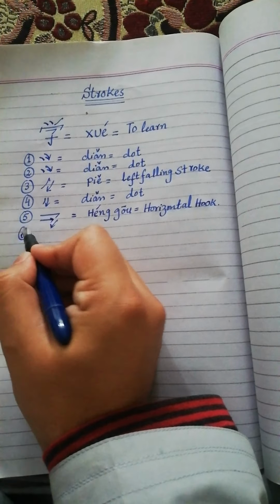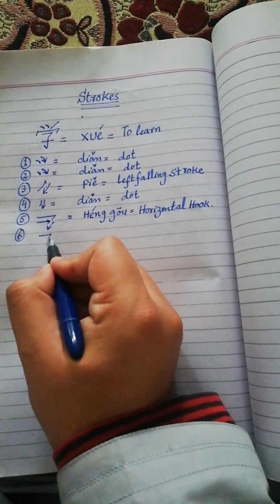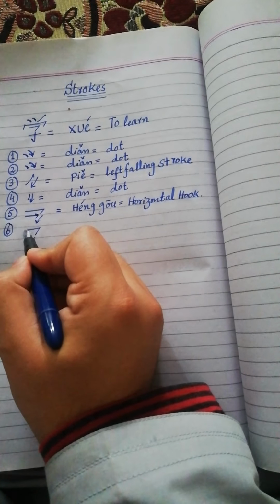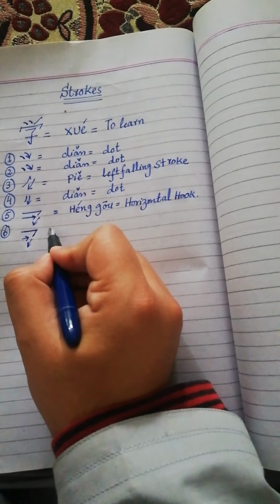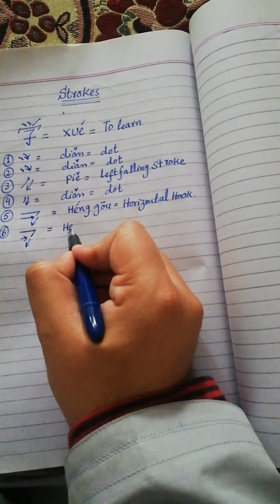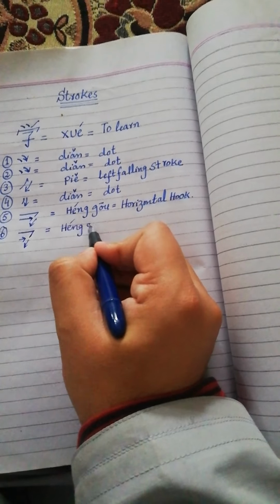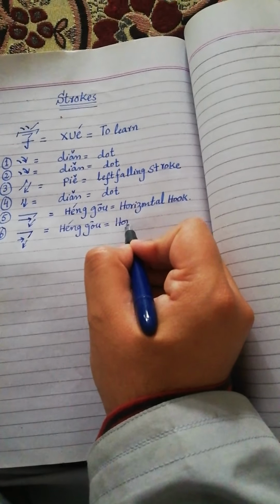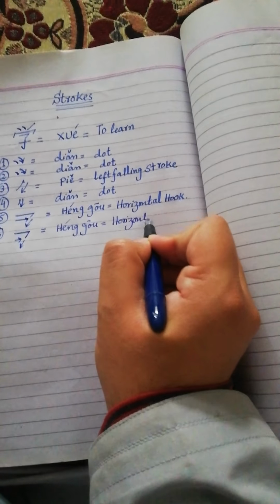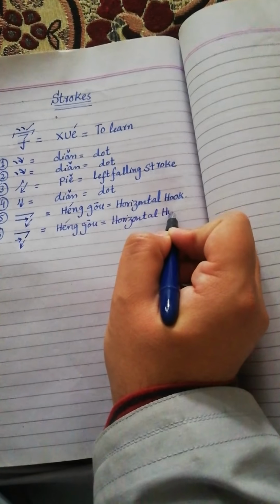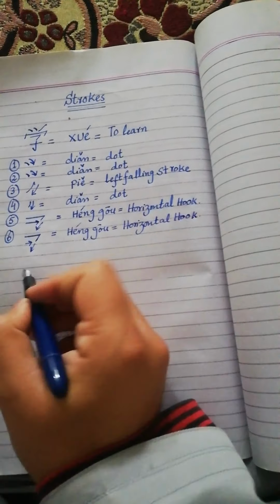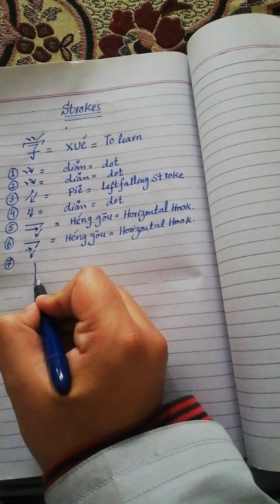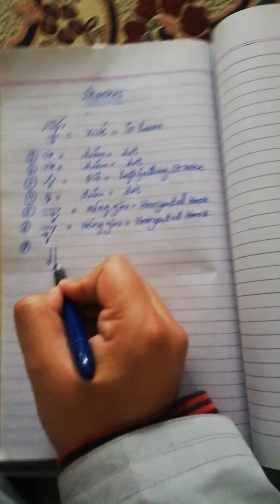Now the sixth one is the same, and it is also the same direction, and this one is also known as heng gou, horizontal hook. And the seventh one is this, and the direction is